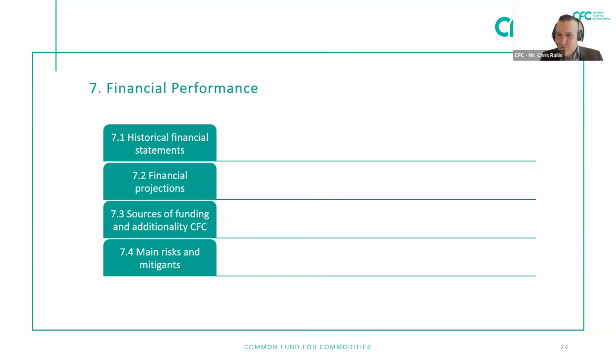Now you will be asking, why are you asking this, Chris? Is it because you want to bargain with us the interest rate? No, it's not. What we want to see here is actually to identify the additionality for CFC financing. So the CFC should always basically cover a gap in the market. So we want to see where the gap is and also tailor our interest rates compared to the market. Okay, so try to be transparent here as much as you can. And the next section, 7.4.